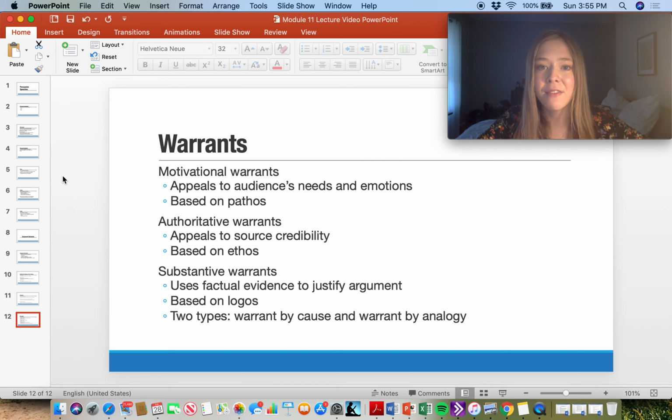And if I used evidence based on the World Health Organization or things like that and scientists there, I would connect my evidence to my claim by saying something like, these scientists are experts in their field, and therefore that makes this evidence credible and important to my claim, right? So that statement in and of itself would be a warrant because I am connecting my evidence